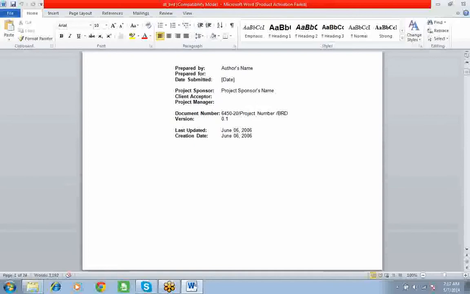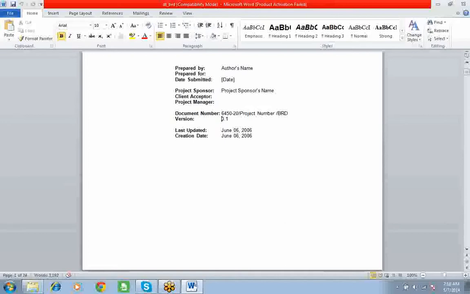The client will check and verify the document: whatever requirements the client gave you, did you put all of them in this document or not? Okay, client acceptance. Project manager, then your manager name. Document number, it will be some default number, no need to worry about it.